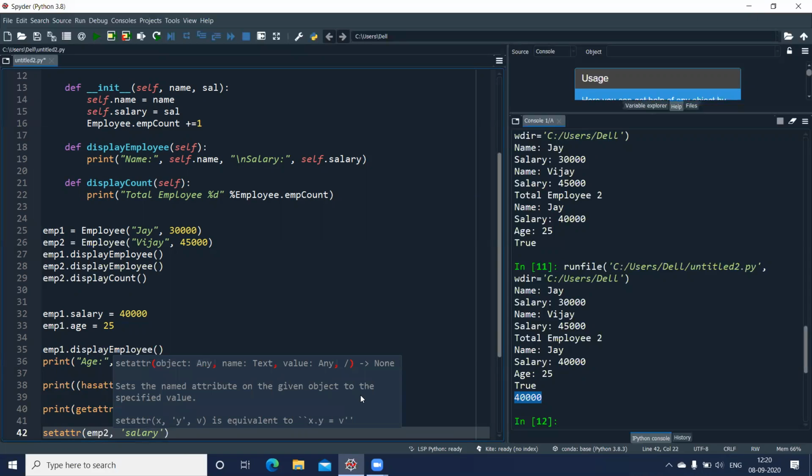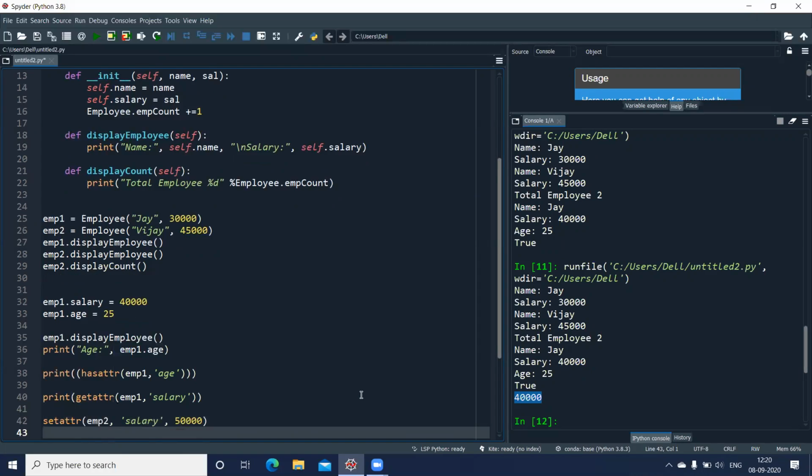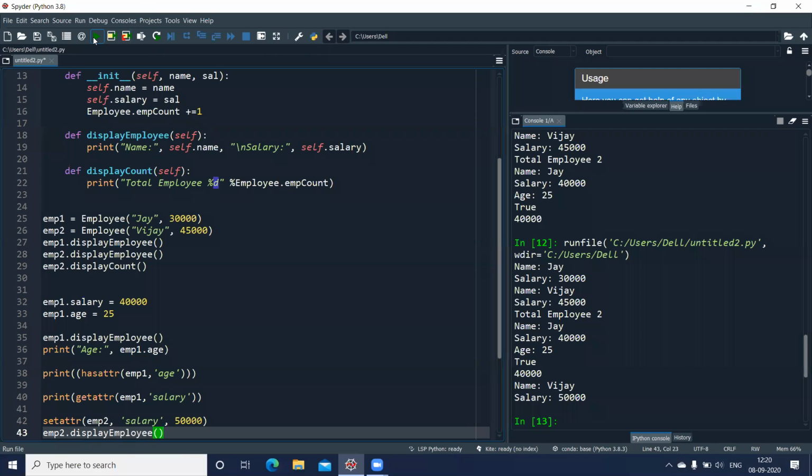So I write sal, and now the new value which I want to give, let us give 50,000. And here I will print emp2 dot display emp. Let us run this one. Now you can see here, after assigning 50,000, the new salary for Vijay is 50,000.